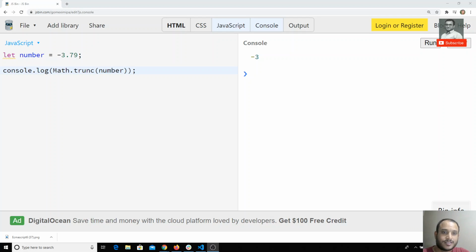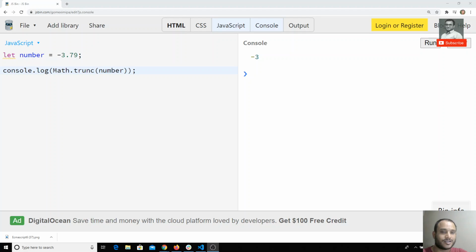Hi friends, in the previous video we have seen some new features that have been added to the Math object, right? And for the String object also, some new methods were added in ES6. If you want to know more about the string methods and other things, as I already told you, you can go to the Mozilla Developer Network and see all the string methods that are available.